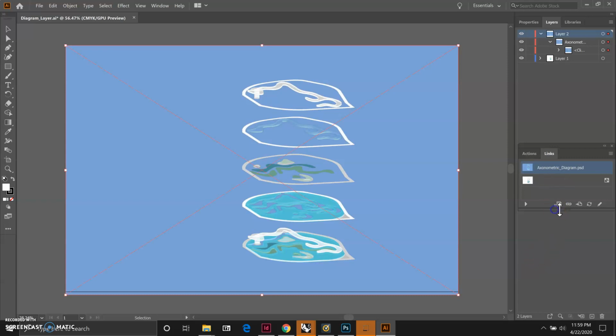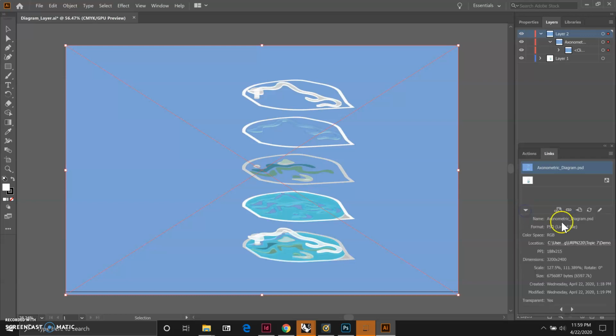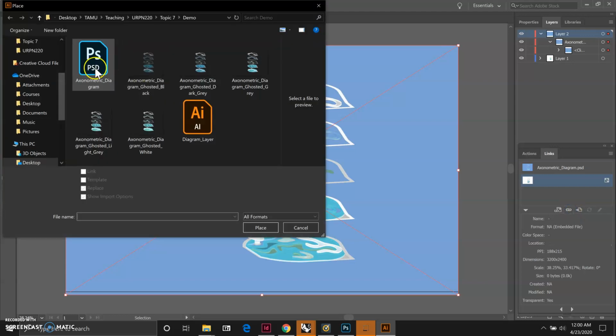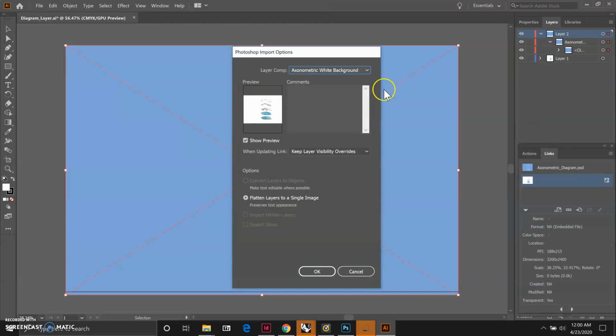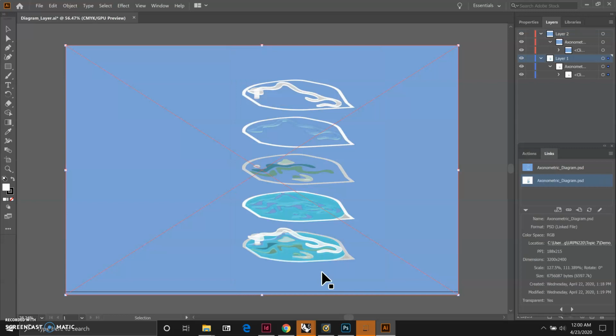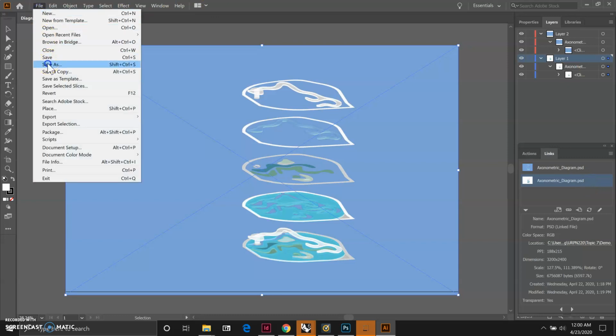So all the information will show up again right here. Now we can update the other one as well by clicking on the relink option and then choose the Photoshop file and make sure the layer comp is correct. So whenever you see the file name missing, that means the Photoshop layer comp got adjusted and you will need to update it. So now let's save this file